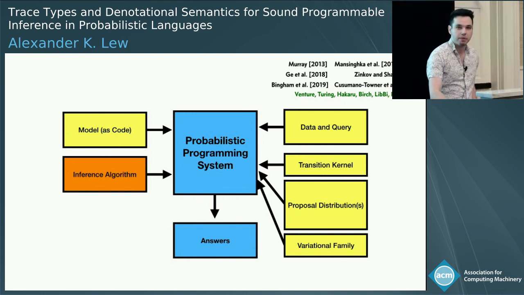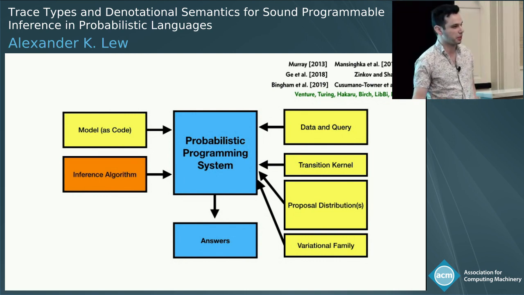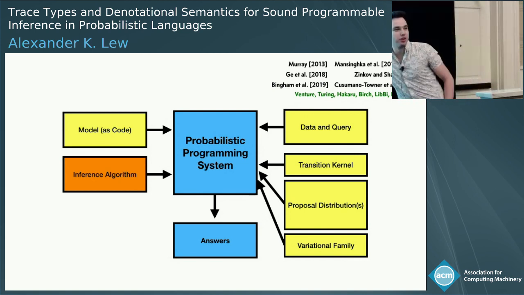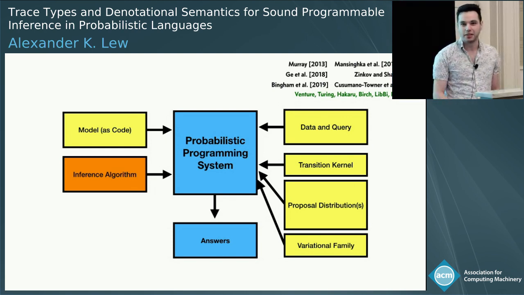So this leads to a big increase in flexibility. But as you can imagine, the correctness of inference now doesn't just depend on the probabilistic programming system's implementation. It also depends on this inference code that the user wrote. And we saw some examples of that in the previous talk, the sorts of ways that things could go wrong if the variational family that you provided didn't satisfy certain properties.